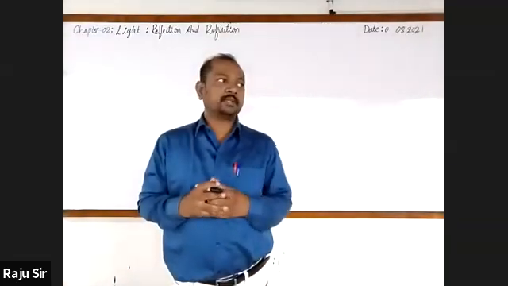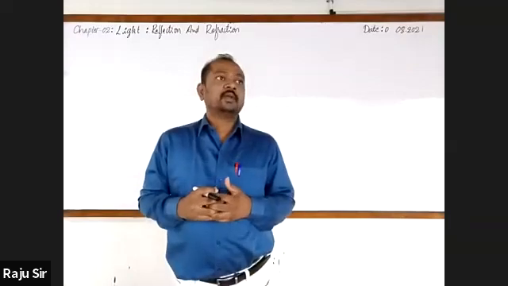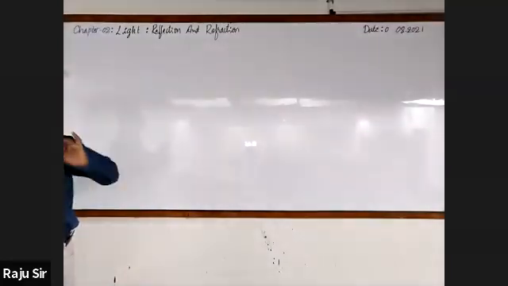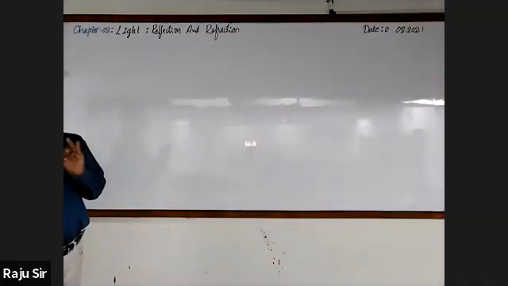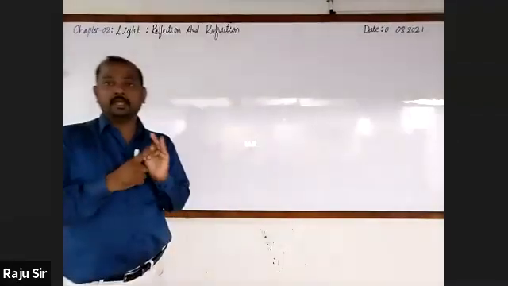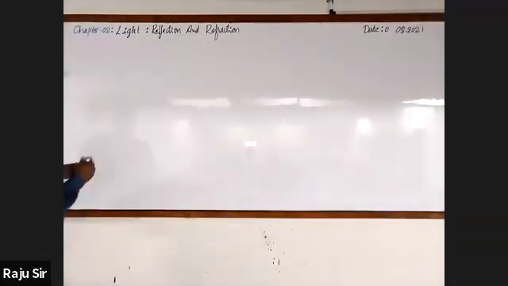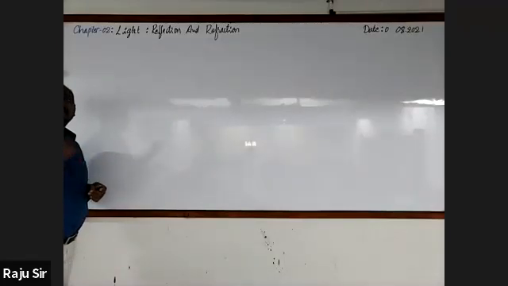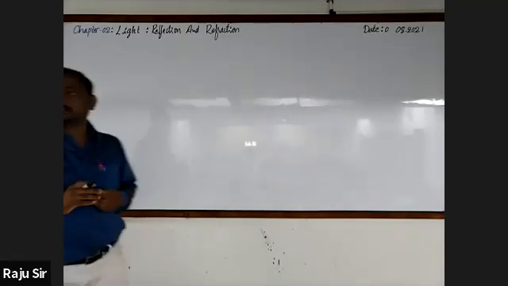Do you all remember the characteristics? The characteristics are nature, size, and position. So these are described with respect to the image. Now, once we recall these characteristics, afterwards we'll move on to the formation of the image by